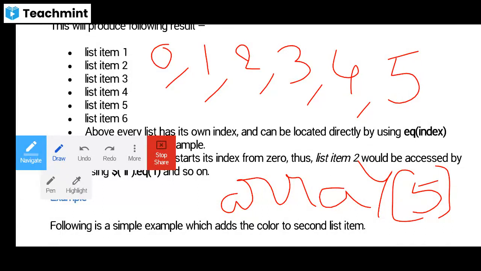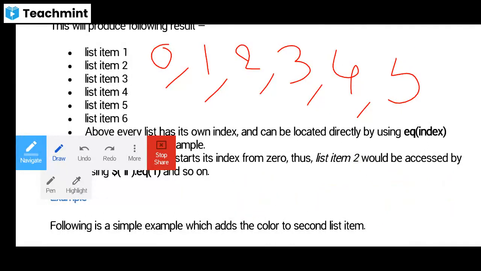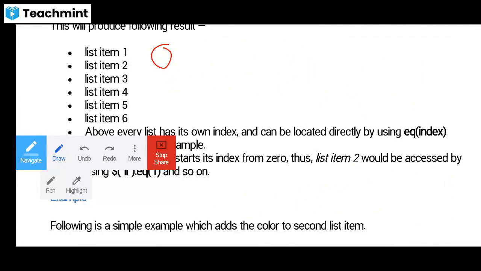So we are going to use the different elements from 0: 0, 1, 2, 3, and 4, by using the array method. The method is the equivalence method.